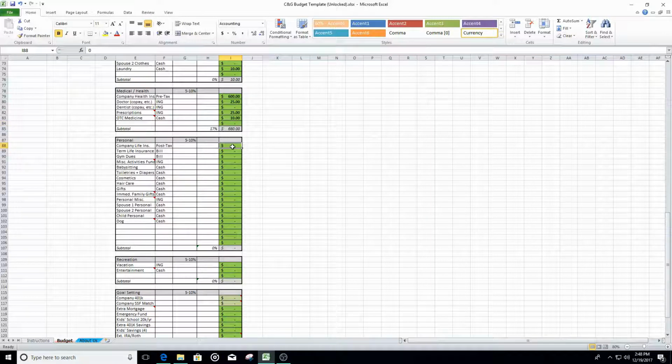Company life insurance, post-tax. So what do we pay to make sure that we have the life insurance plan? Maybe you use it. Maybe you do all private insurance. That's fine. Let's say it's $10. Term life insurance is really what you need. With company life insurance, a lot of times they'll match your salary, or they'll give you 2 times your salary for $10 or something like that. That's fine. Mostly what you need to make sure you have is term life insurance. A term might be 25 or 30 years that you're going to pay in